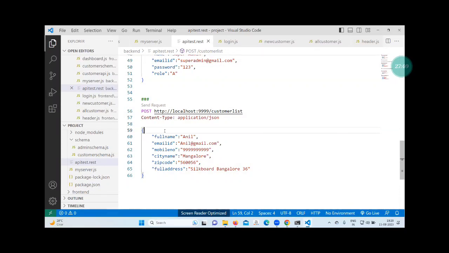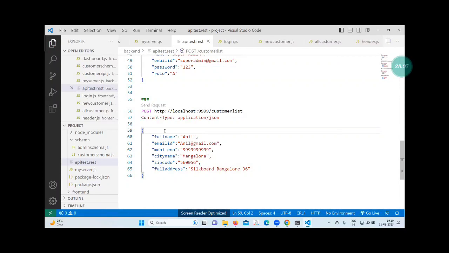Click send. Email ID, mobile number, here.